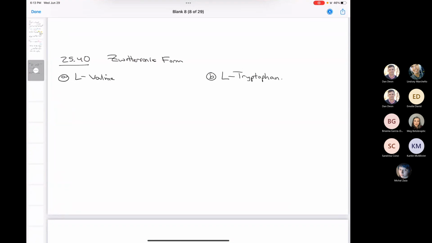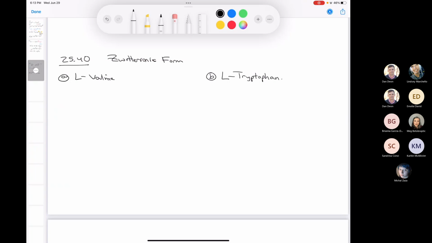All right, the first practice problem I wanted to take a look at is question 25.40, which asks us to draw the Zwitterionic form of L-valine and L-tryptophan. So remember, the Zwitterionic form is the form that's going to predominate for an amino acid like valine at physiological pH, because at physiological pH, which is around 7.3 to 7.4, the carboxyl group is going to be deprotonated because its pKa is around 2, whereas the amino group is going to be protonated because its pKa is around